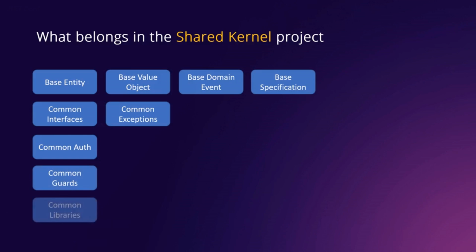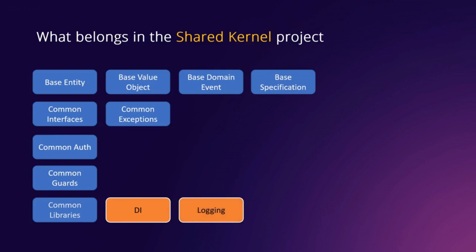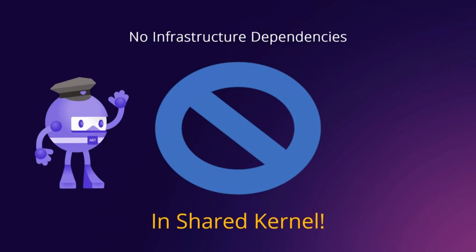Common guard clauses, other common libraries you might use, like for DI. So if everywhere you're using DI, you want to use Autofac, let's say, then that might be inside here. If you have a certain logging library you want to use everywhere, certain validators, all that stuff could live in shared kernel. However, you don't want to have any infrastructure dependencies. So you just want to make sure that you don't keep infrastructure inside shared kernel at all. It's even more important than Core, because all the different solutions that rely on this package, all of their Core projects are going to rely on this. So it's even more important than a Core project that you don't include infrastructure dependencies in your shared kernel.